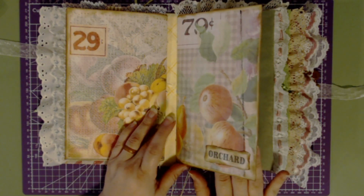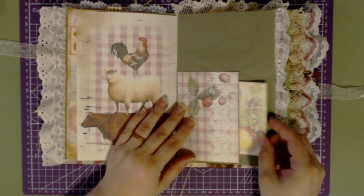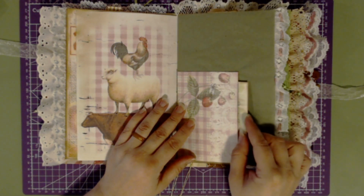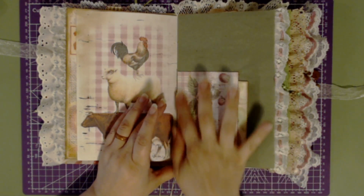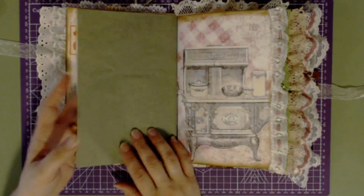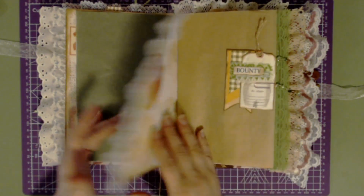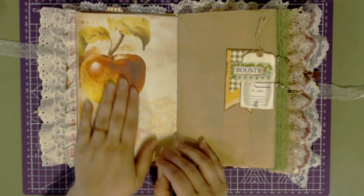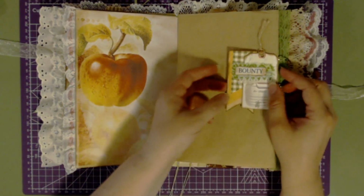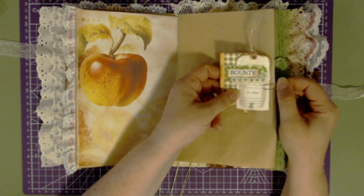And got some more farm paper, a little postcard, another little card I used as a pocket. This is journaling space, more journaling space, another kit page. This is one of the orchard pages. I made this little tag